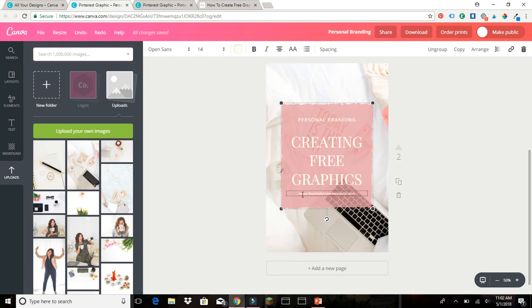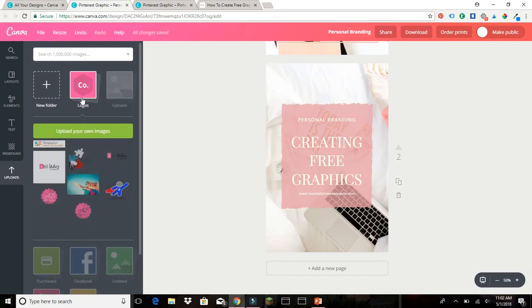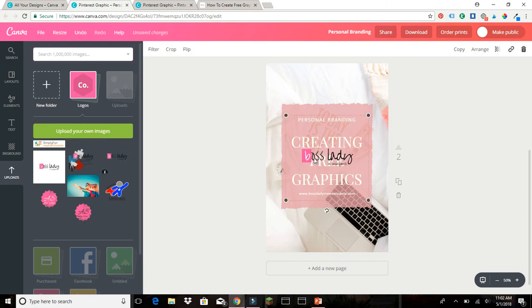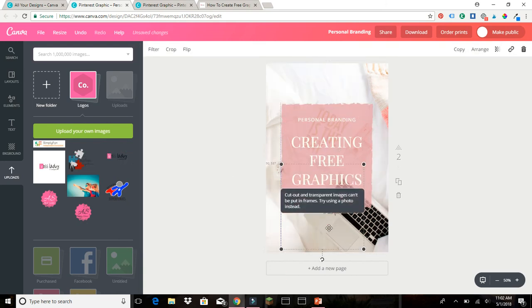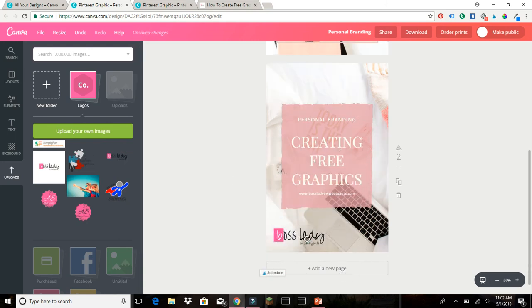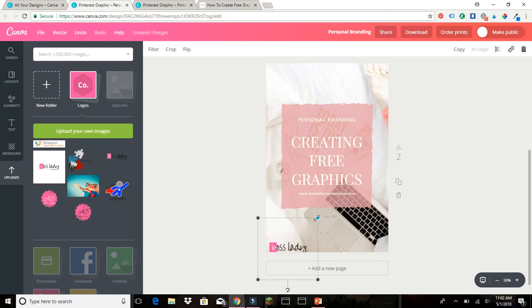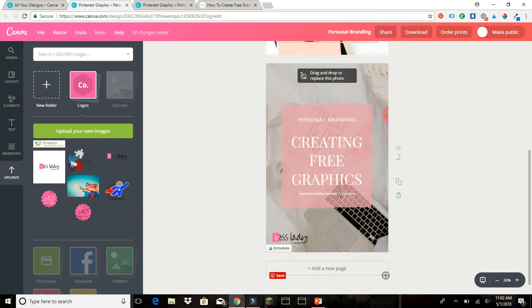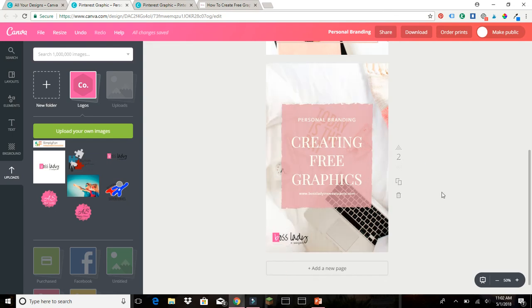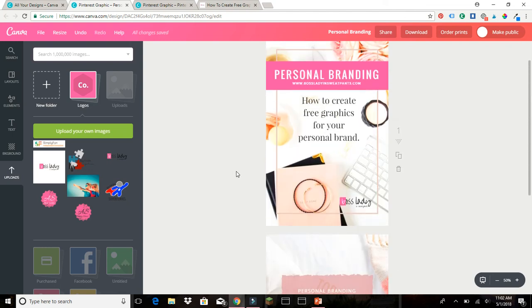Okay, maybe I don't like the color. I can change colors, whatever. And then I'm always going to make sure that I throw in my logo somewhere. I might bring it down here in the corner. I'm going to make it a little smaller. It's kind of large. So you can definitely resize things in here. You can move things around. So as you can see, I'm already starting to take a template from Canva and already brand it to Boss